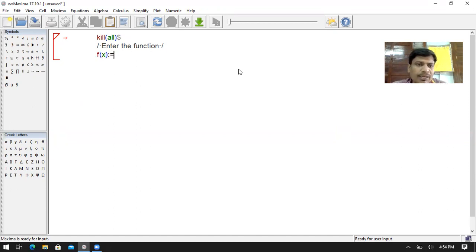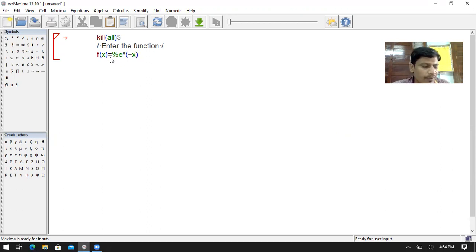Remember this one, many students forget this. This is f of x equal to. If we take it directly, that is the wrong answer. F of x equal to, what is your question? E to the power of minus x. Since it is exponential, first take percentage of e cap of, that is the minus x. Minus x means you take the minus of that x.